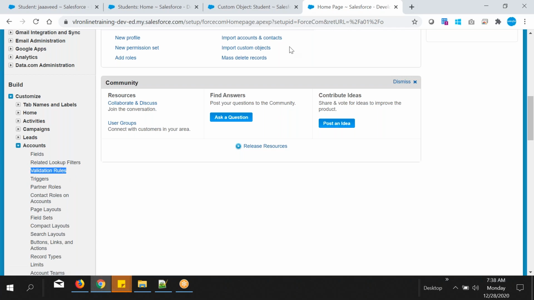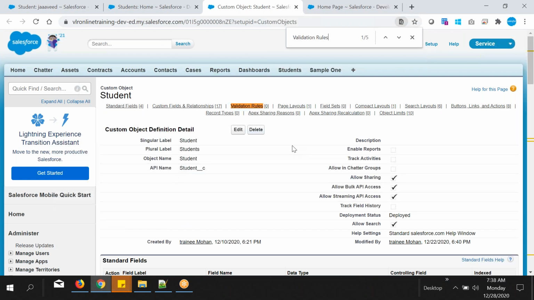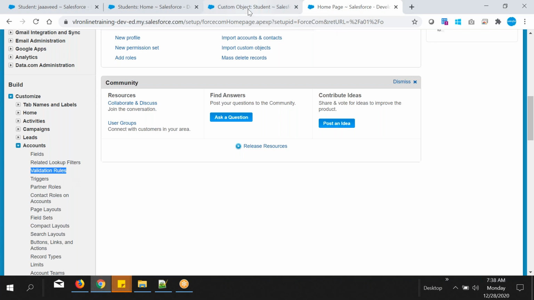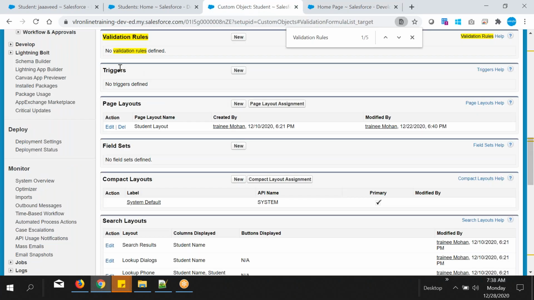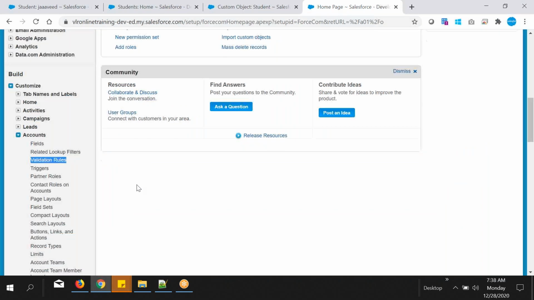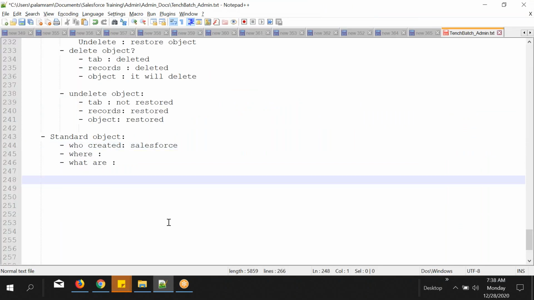Did you observe? These are the sections. You see the sections here, and the triggers also, when you compare with the custom object. What differentiation did you observe here? What is the differentiation between a standard object and a custom object? The differentiation is that for a standard object,